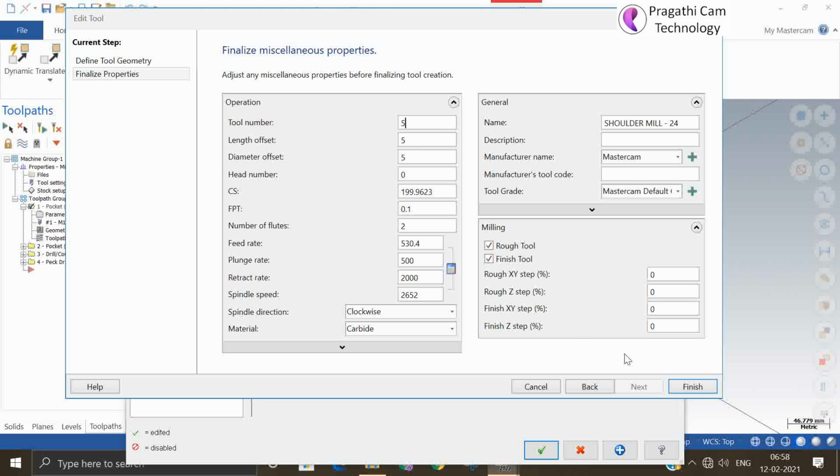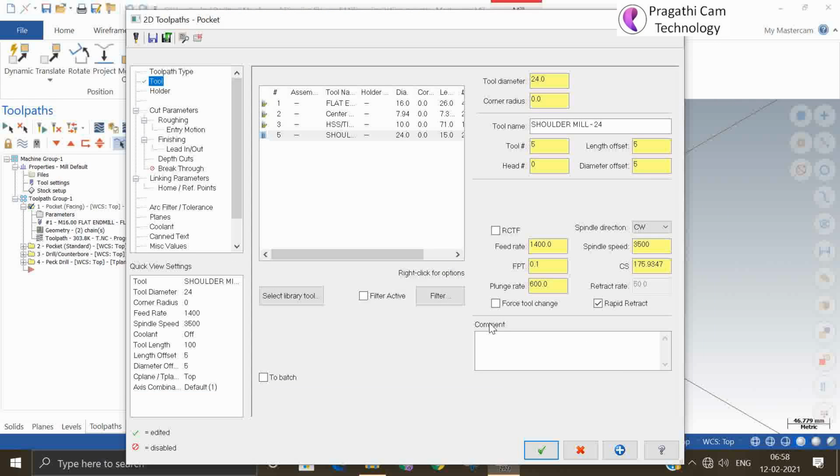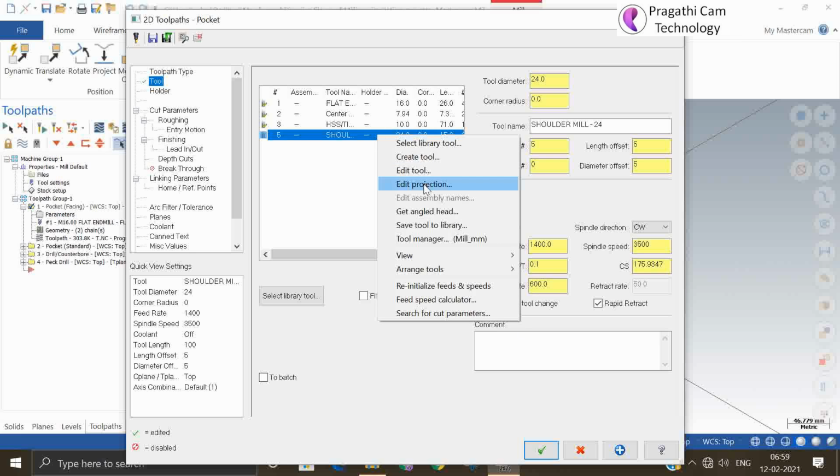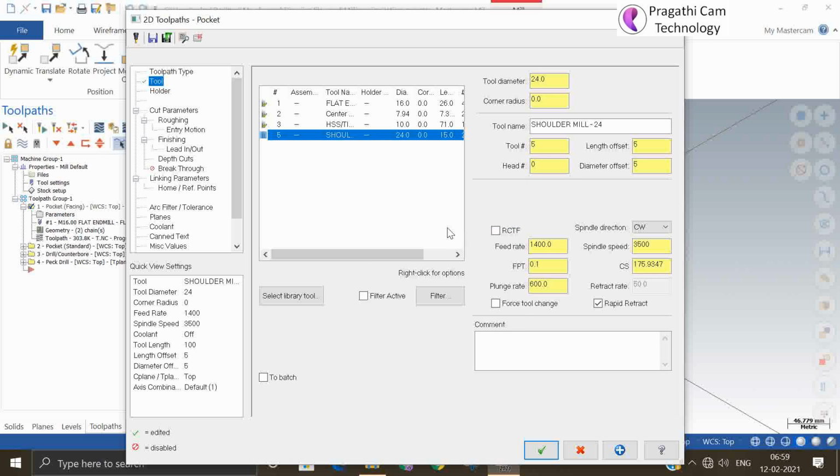Okay, I put tool number 5. So now the new tool I edited and made. This tool I made temporarily. I have not saved it in the library. You can save it: right click, save to library. So now this.